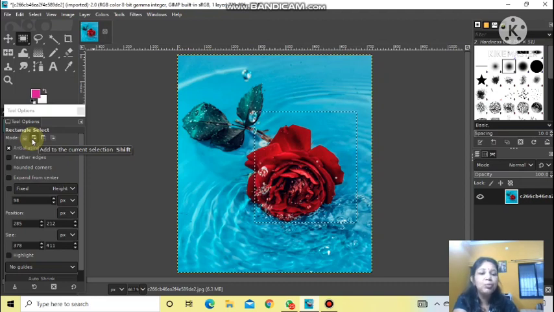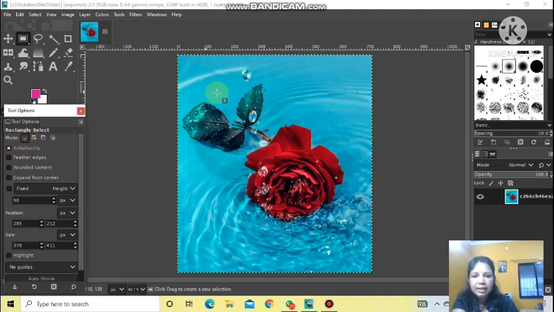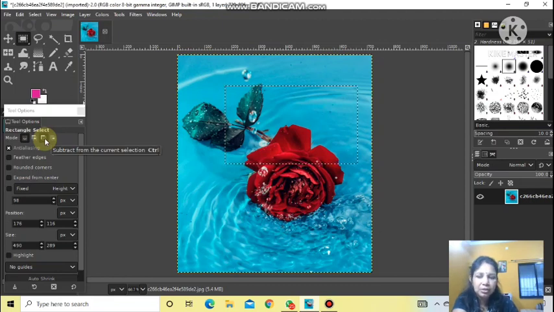In the same way we can remove from the current selection. I'll show that also. For that, again we go to normal mode, normal select, and select one area. Suppose this much. Now click on the third one, subtract from the current selection. Whatever shape I select now will be subtracted from my current selection.